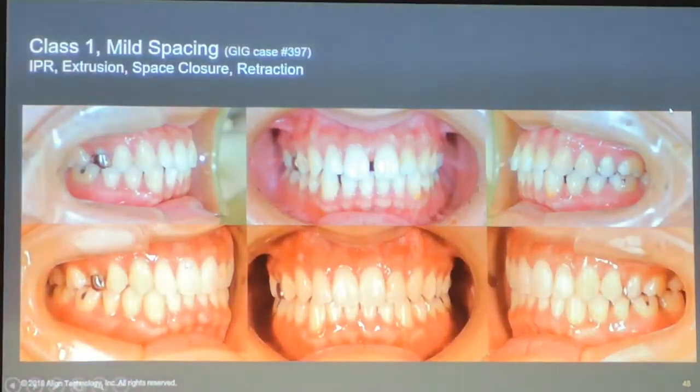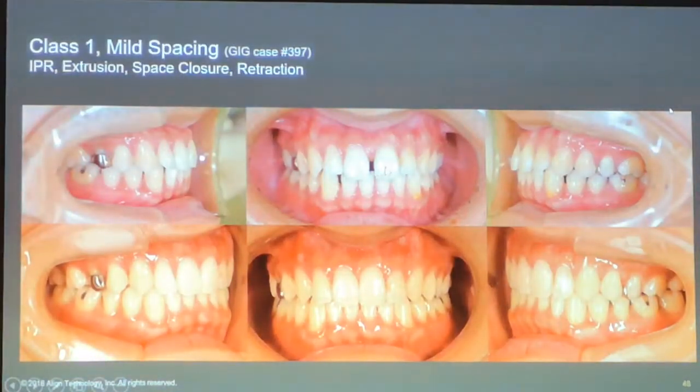And this one is an example of the case that would be a good case for you to start. This one is a case with a dental class 1 occlusion and with a mild spacing. In the upper row is the before treatment photos, and the lower row is the after treatment photos. This one is a good case to start because it's a mild case and patient have the molar in class 1 in both sides. On the right side is molar class 1, canine class 1. And on the left side is molar class 1 and also